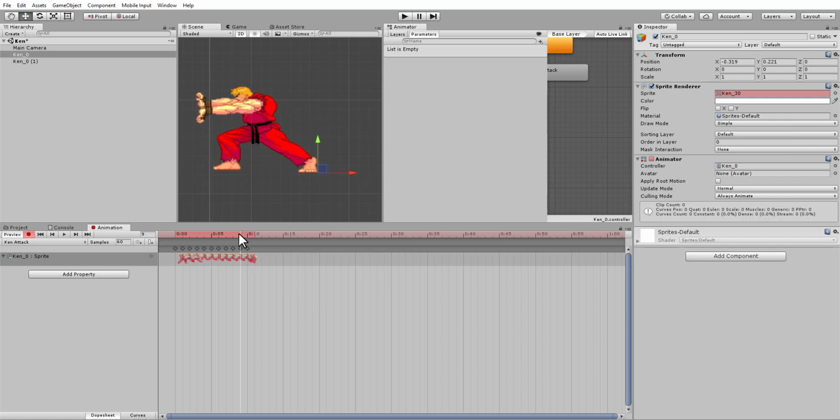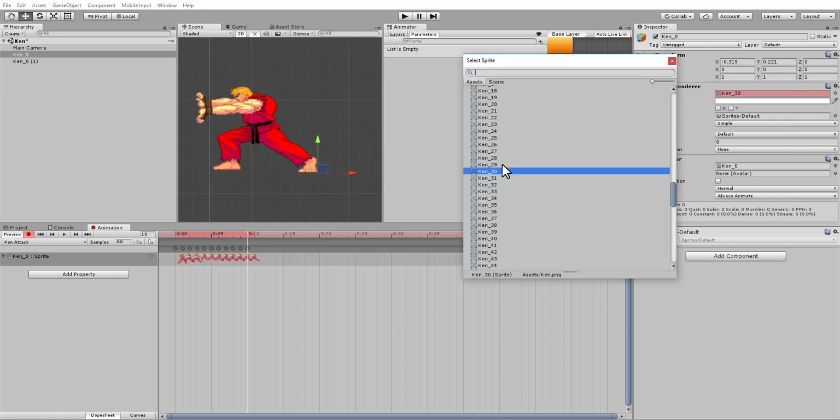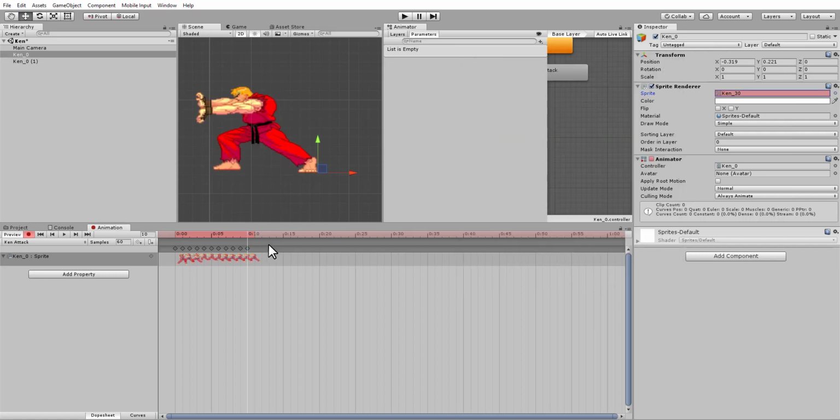Too many. So let's go back. Is that 31? 31 does not look like the others. Yep. So 30 is the end of it. So go ahead and click on that. Click on this last key here and get rid of that. And now if we hit play,